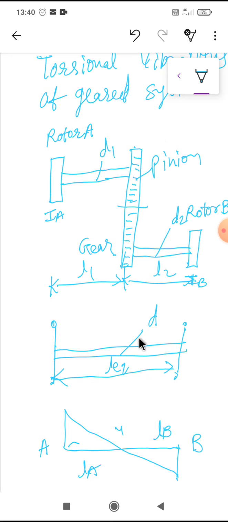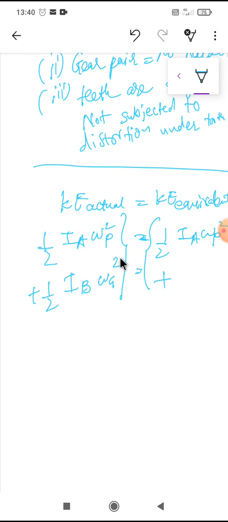But here they are on the same shaft, so the speed of both rotor A and rotor B will be the same. So, writing 1 by 2 I omega square, the speed will be omega p